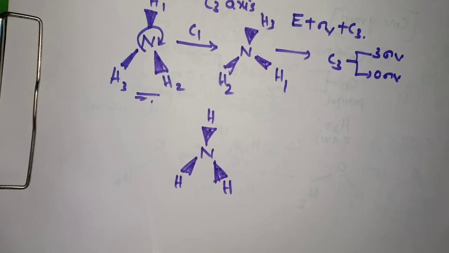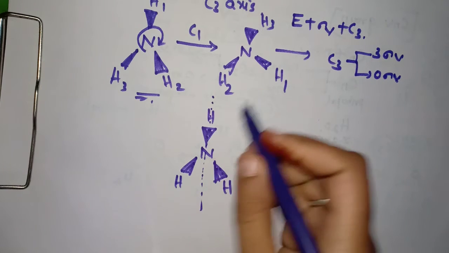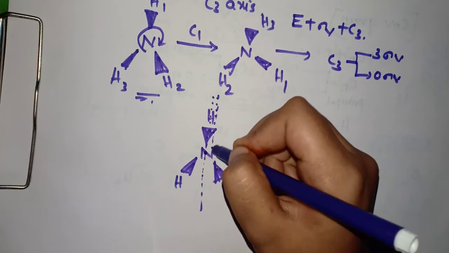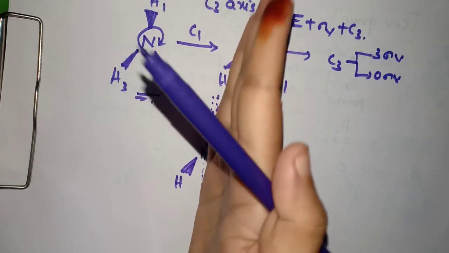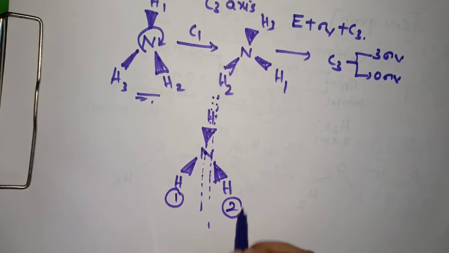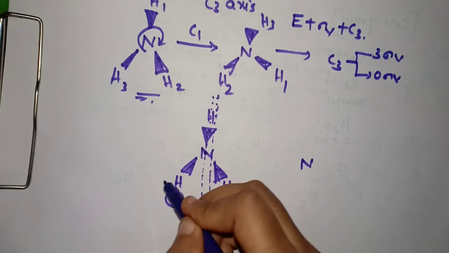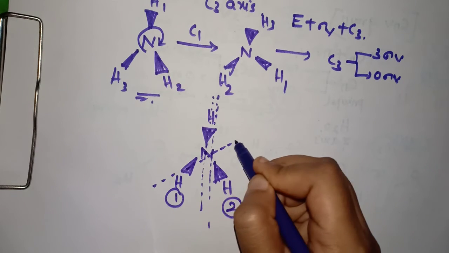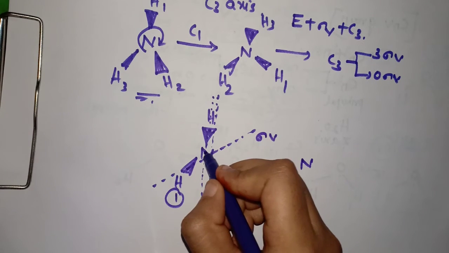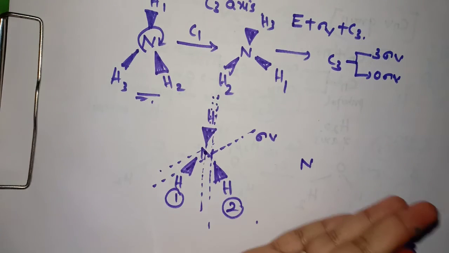See, let's again take this NH3. If you pass a vertical plane of symmetry, consider this is the z axis and this is an imaginary plane which is parallel to the z axis, that will cut the molecule like this. This is the first half and this is the second half. Okay, I will show it here only. If you pass an imaginary plane like this, this is a sigma V. Here it is parallel to the principal axis. So here is the principal axis. It is parallel to the principal axis. This is one side and this is the other side.